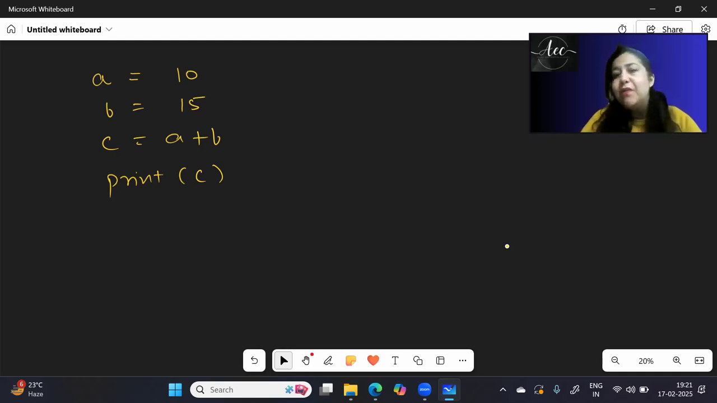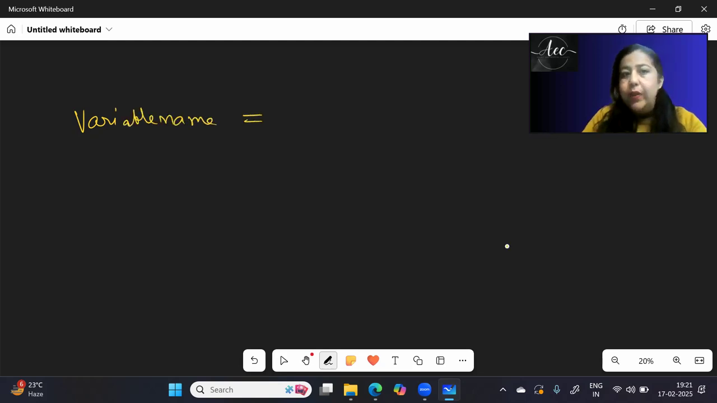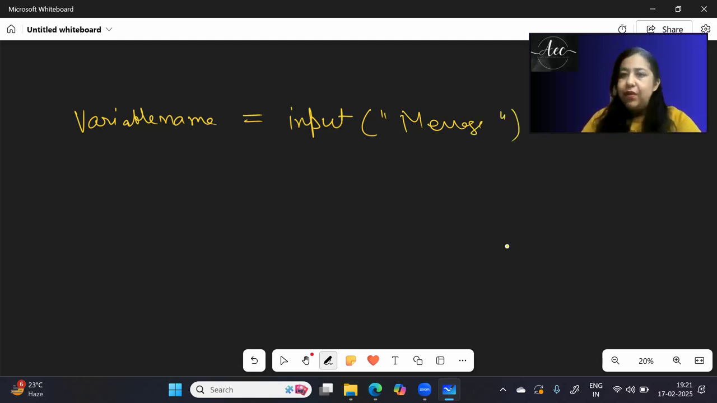And for that, we have a statement called input. Like in Python, we have a statement called print, which helps you to print something on the screen. Similarly, you have a statement called input, which helps you to read something from the user. How do we write it? The syntax of the input statement is that you write down the variable name in which you want the value to be stored, then equal to, then the function name input. We open the round brackets, and in double quotes, you write the message. So if you want to say enter your name, enter marks, whatever message you want, you write it here. That message will appear on the screen,